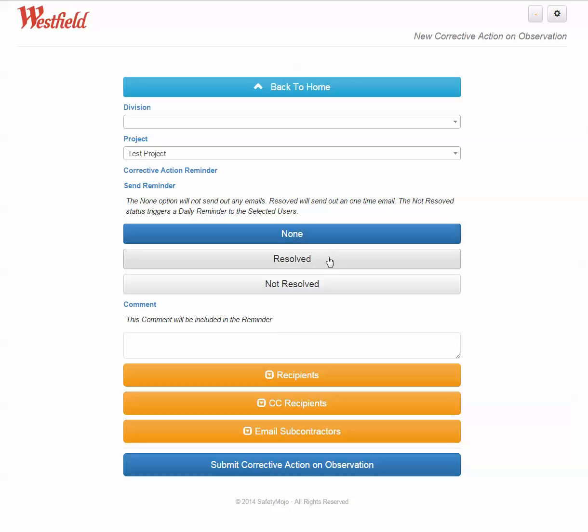Resolved sends a notice to the contractor but does not ask or allow them to respond. So in other words, you go out, the contractor has a housekeeping issue. By the time you get back and see it 10 minutes later, it's cleaned up. So you might want to send them a notice saying, you had a housekeeping issue, you resolved it, this is